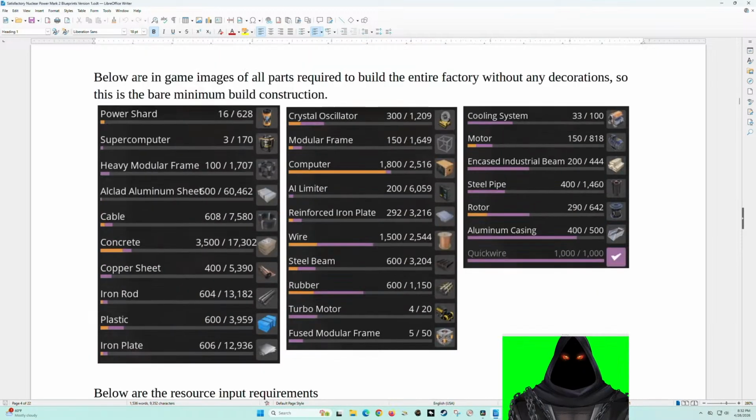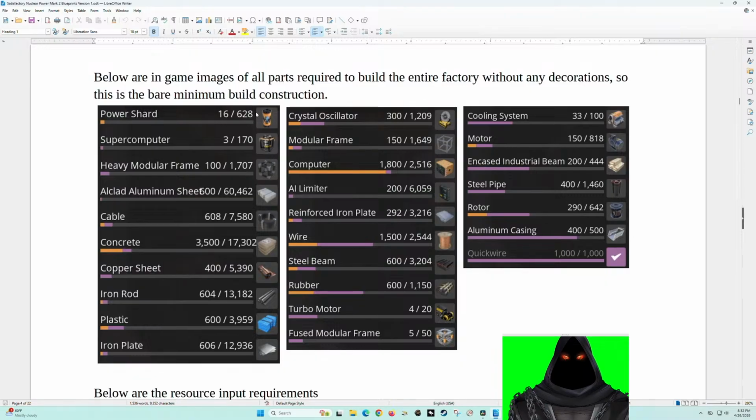So putting everything together, this is roughly how many items you need to assemble everything. You do need 628 power shards, and I was able to get all of the power shards that I needed by picking up all the slugs. I don't remember how many slugs this is, but it's not too bad.